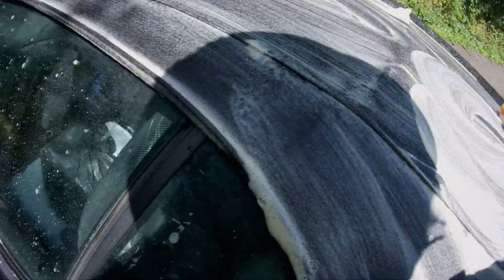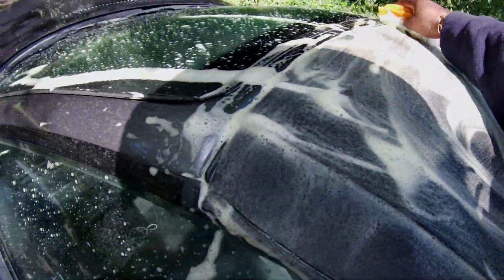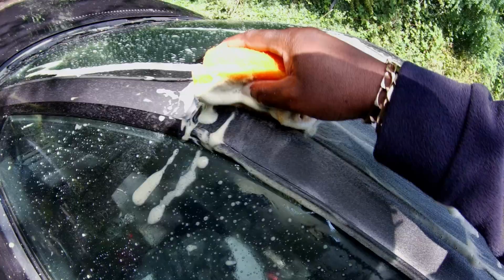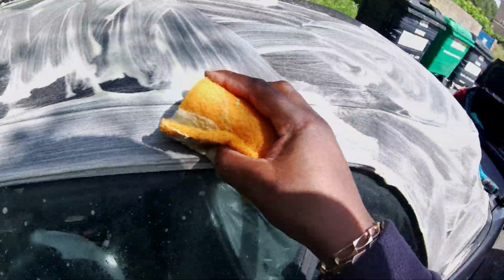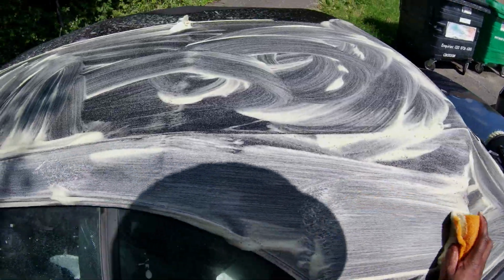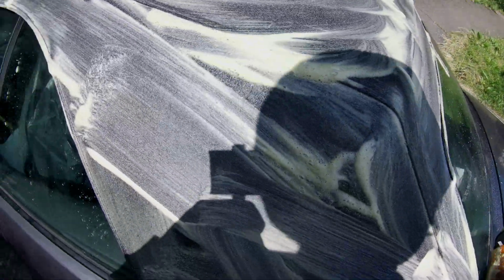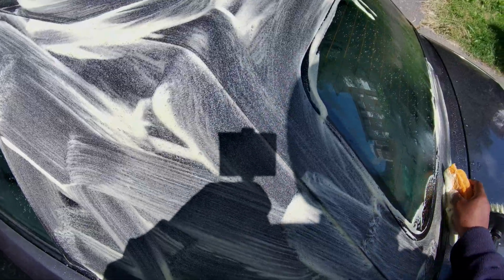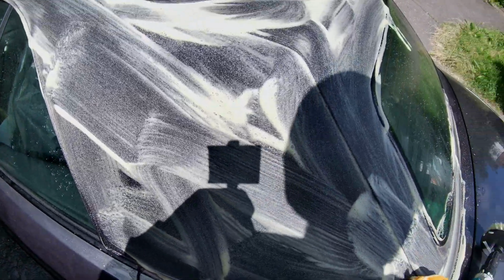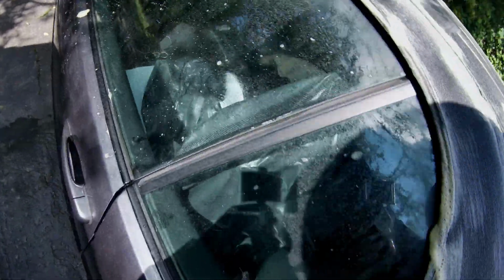As you can see, we're removing a lot more of the algae. It's becoming a lot cleaner. So after we rinse it, we'll see where we're at, and we may need another application. As I said, a lot cheaper than replacing the roof. This is how to clean a convertible roof